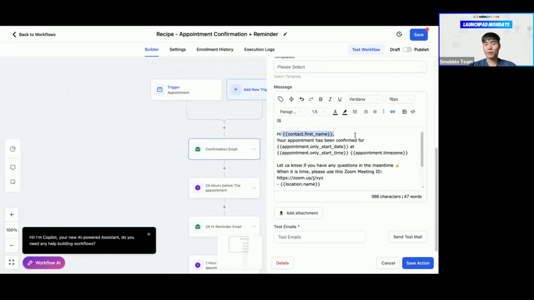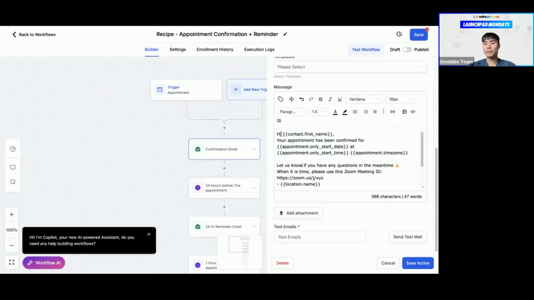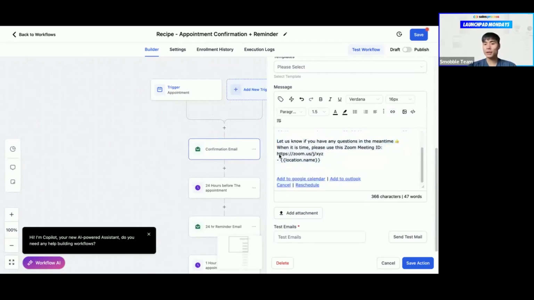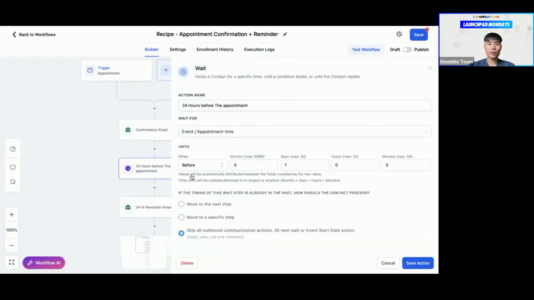Hi, name of the lead, your appointment has been confirmed for date and time, and the time zone as well. Let us know if you have any questions. Of course, this message can be edited, right? And here it is also set up if you use Zoom as a tool, okay? Basically sending a confirmation email to the lead. Then the automation waits 24 hours and there is another email